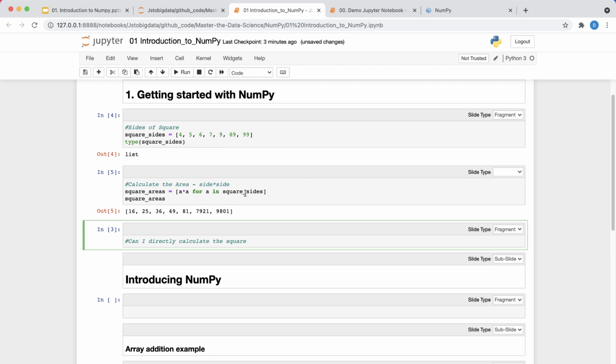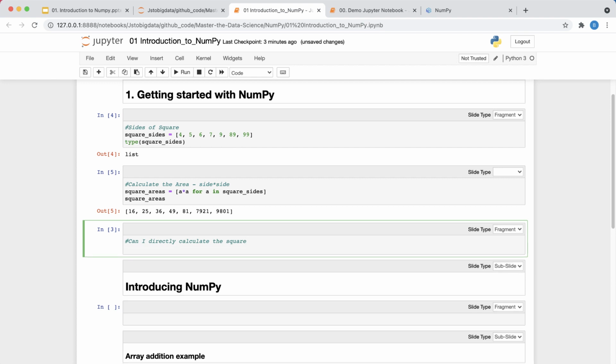Now obviously this is fine, but when you have a lot of other complex operations that you want to do directly on a list, it's not possible, right? Let's say I want to achieve it something like this: square area is equal to square of side into the sides of my square.